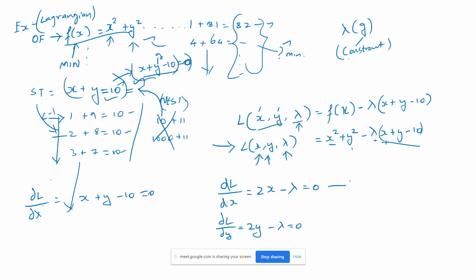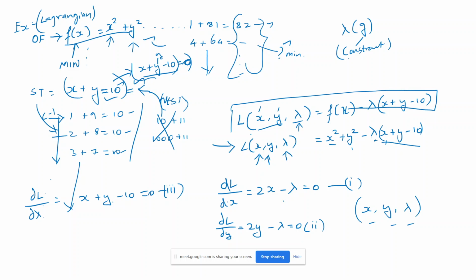Taking this as equation 1, this as equation 2, and this as equation 3, if you try to solve these 3 equations, I will get the values of x, y, and lambda. Then if you reapply these values in the main equation,